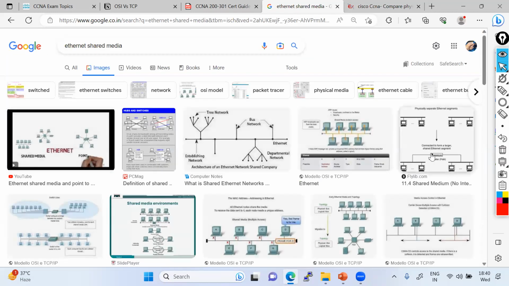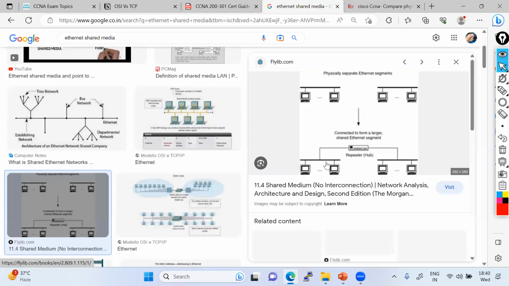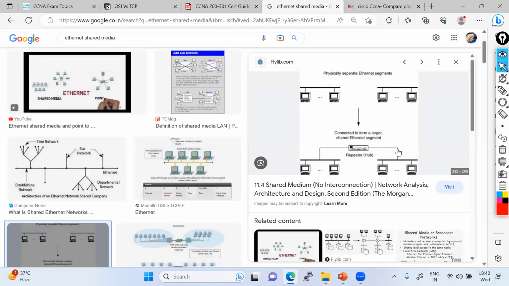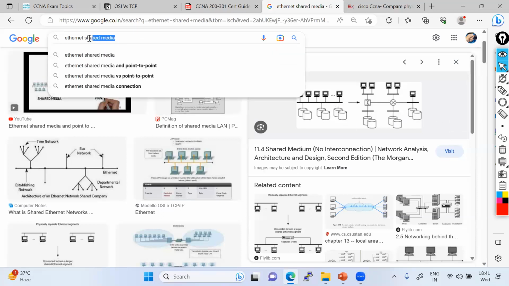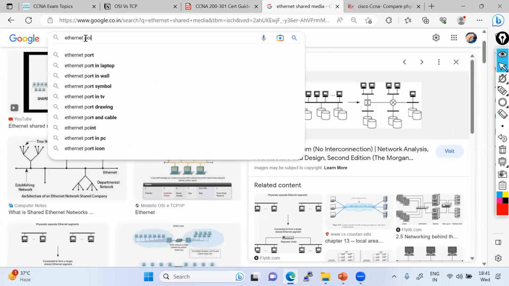You can see these are just one media that is going to be shared by the hub, it could be the repeater, it could be the switch, where multiple devices are going to be connected. So whenever we have one network, one device where multiple devices are connected, then it is known as a shared media. And when I talk about Ethernet point to point,